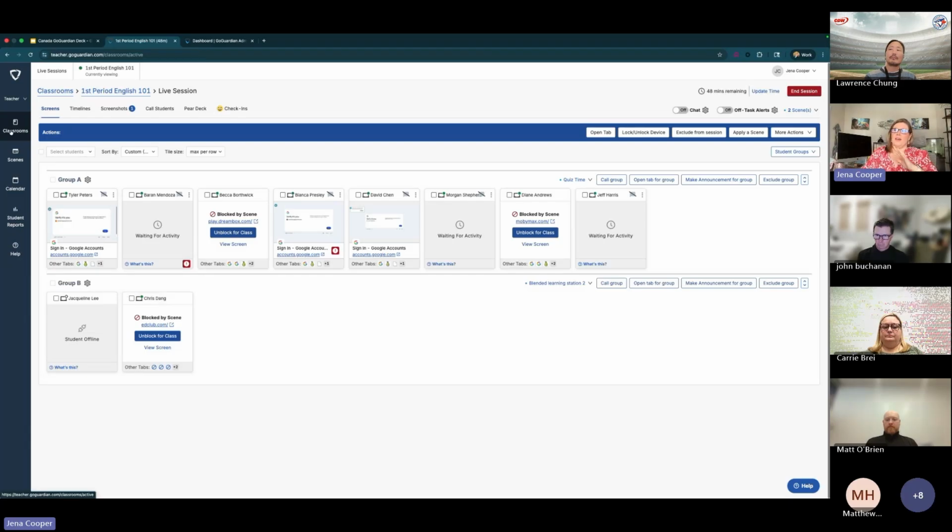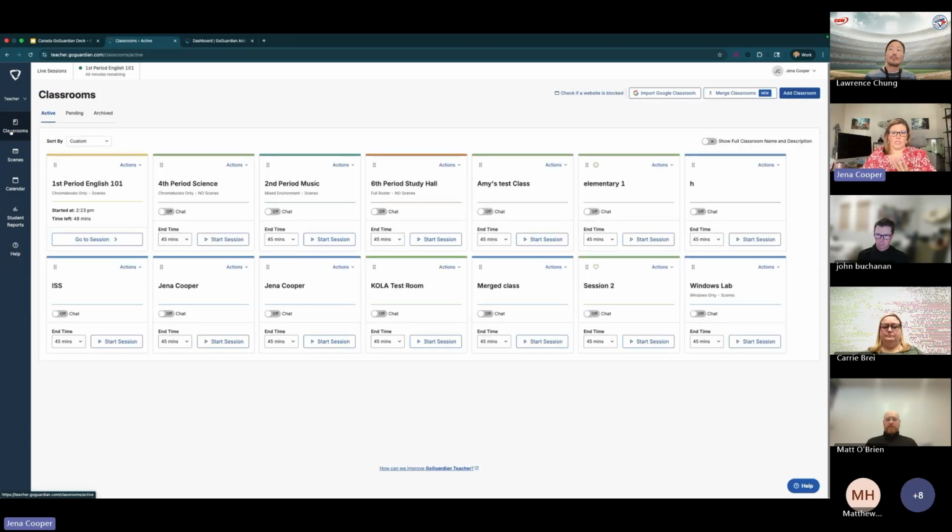So with that, that's a general overview of GoGuardian Teacher. There's probably about 22 features I did not touch on there, but I want to make sure we have room to get to the others. With that, I'm going to ask a question in the chat, so if you can participate. Do you see any of those things being helpful for your teachers, requested by your teachers, or do you have any questions on GoGuardian Teacher so far?